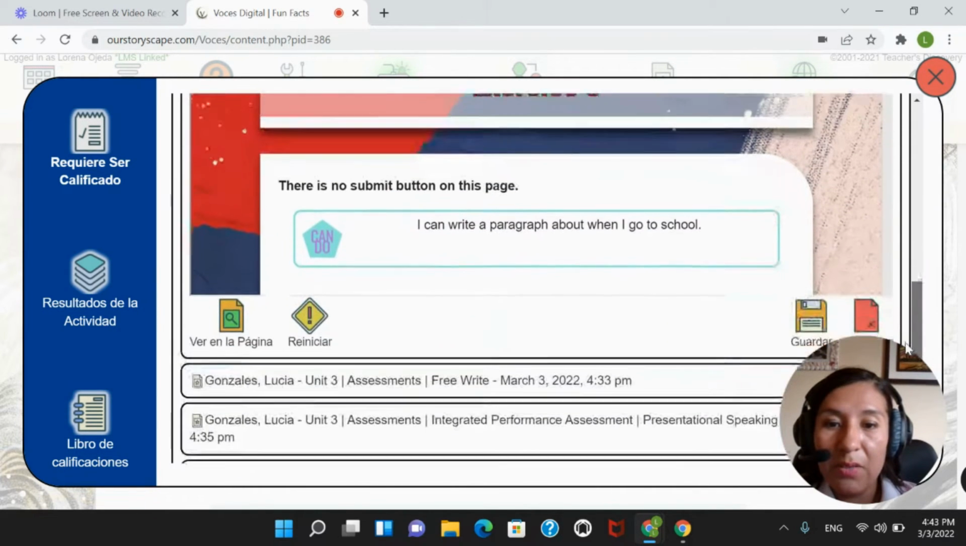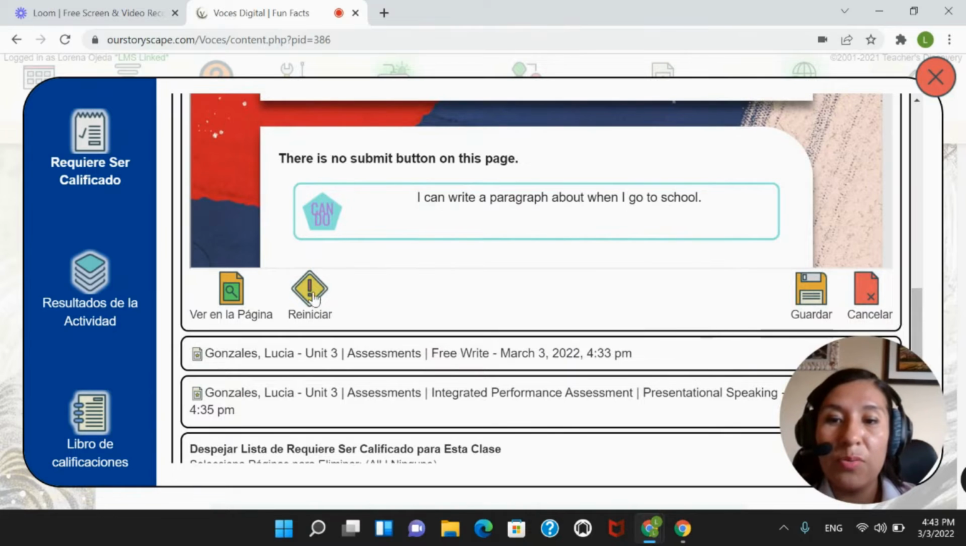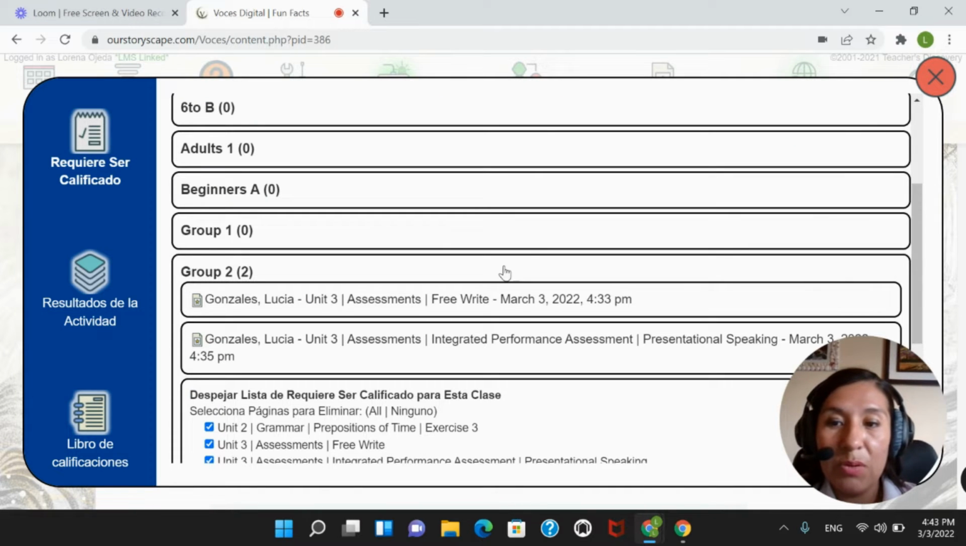And then we can also click on reset if we would like for the student to reset the activity because we didn't give a student a high score, or maybe we would like for the student to try the activity again and apply the feedback that we have provided. After everything is good and we are ready to grade this activity, we click on save. You will see that I no longer see this activity here because this activity moved from requires grading to activity